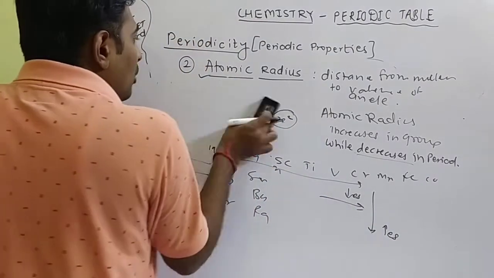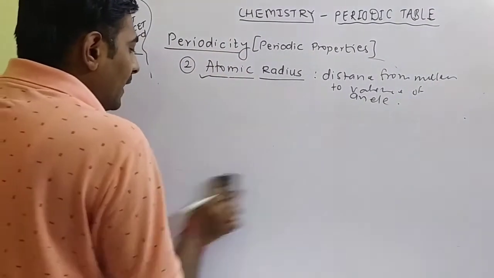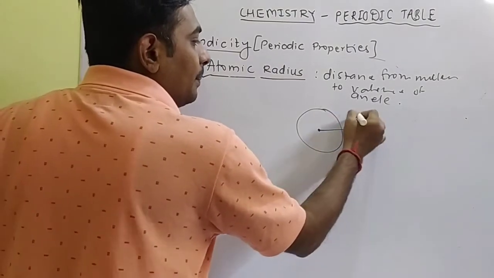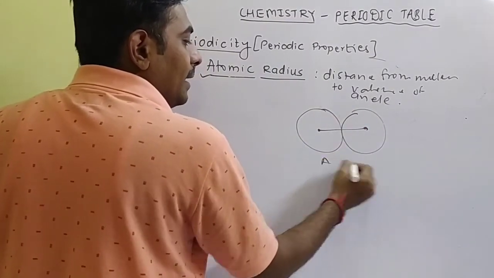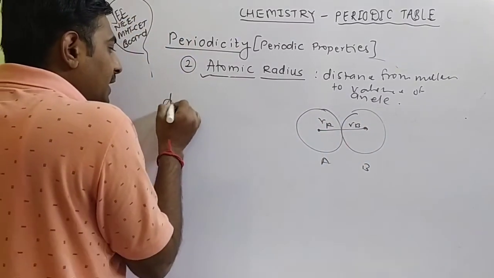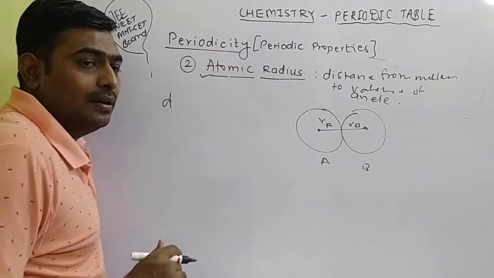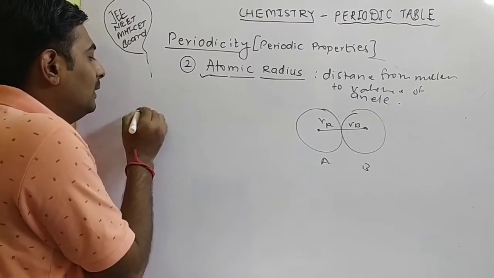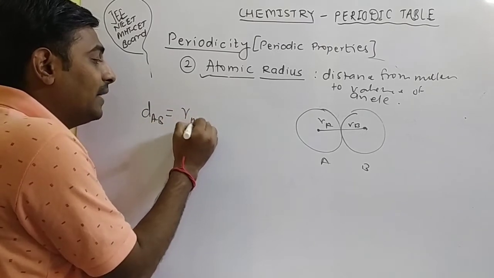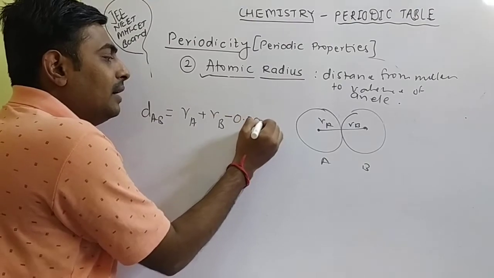One more scientist, Pauling, worked on the atomic radius, and he was able to find the atomic radius of a molecule. If you say this is an AB type molecule, this is A and B, this is the radius of A, this is the radius of B. So he calculated the distance between the atoms of the molecule by the formula: distance of AB molecule equals radius of A plus radius of B minus 0.09 in bracket